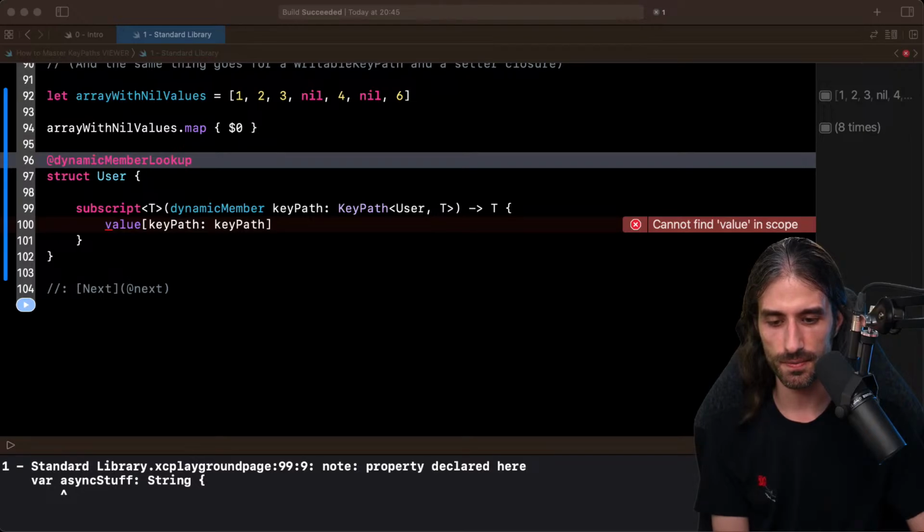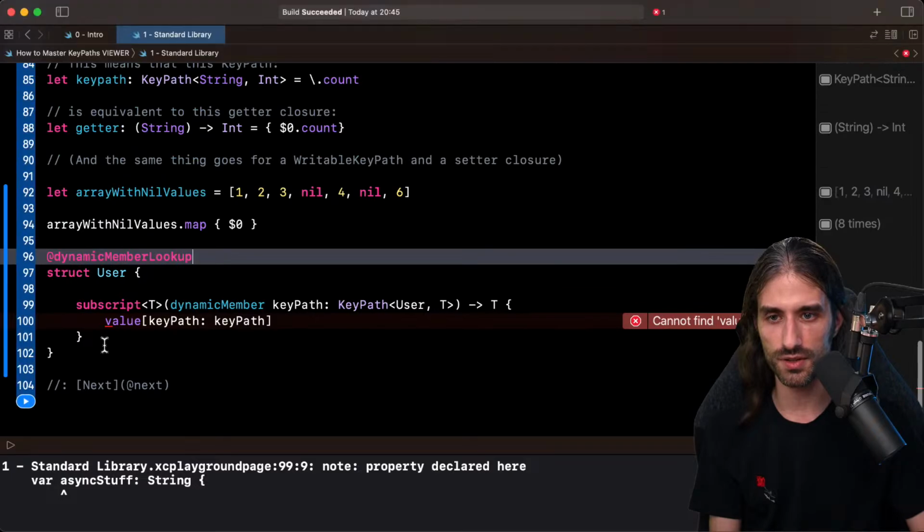I'm finding the proposal in Swift that introduced this. Okay, I might have a good example. Okay. Yes, so this is a good example. This is coming from an article from Antoine van der Lee.